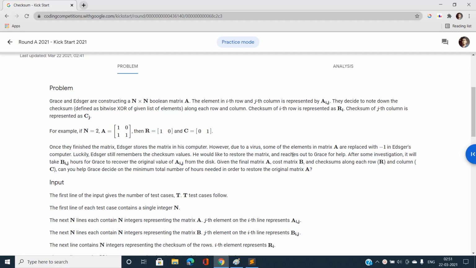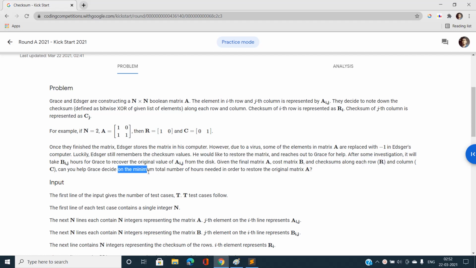For restoring the matrix, there is another matrix given, bij, which denotes that if the current cell has lost its value, then it takes bij hours to recover the original known value, that is aij.